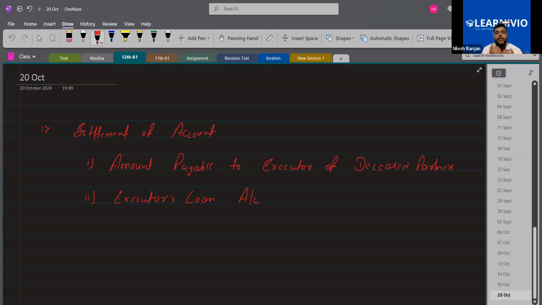And then we prepare retiring partner's loan account. Okay. So same thing will happen here also. You have to prepare capital account and loan account, or question can be asked like prepare only capital account or prepare only executor loan account. That's it. So I'm sharing two questions here actually. One is only about capital account and the other is